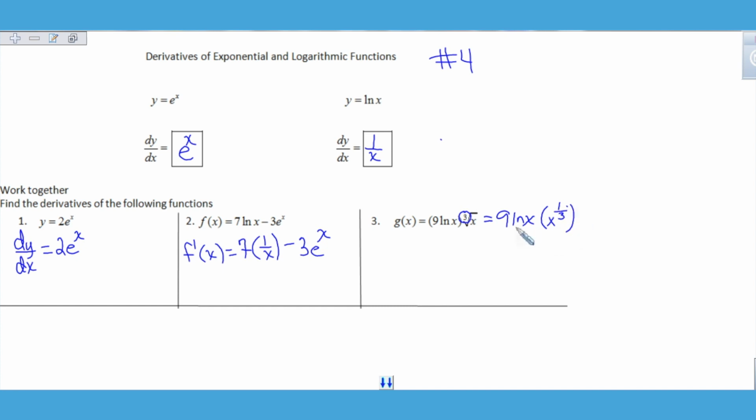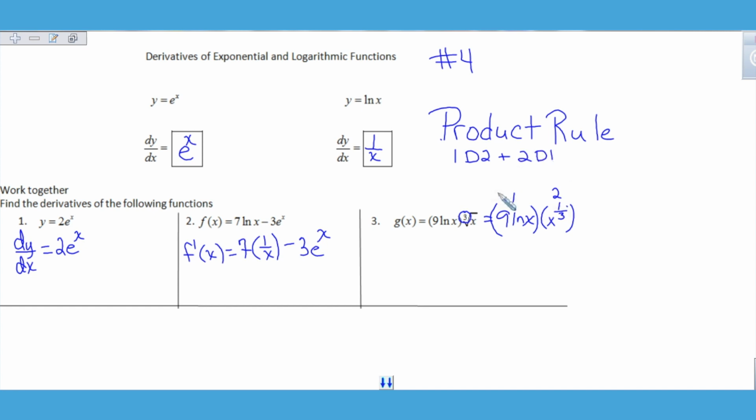And what is happening between these two functions? I'm going to write them like this so you can see a little better. They are being multiplied, and anytime we multiply two functions, we have to use the product rule. And remember, the product rule is not simply the derivative of one times the other. No, no, no. Remember the pattern. So this is 1 and this is 2, right? So it's 1d2 plus